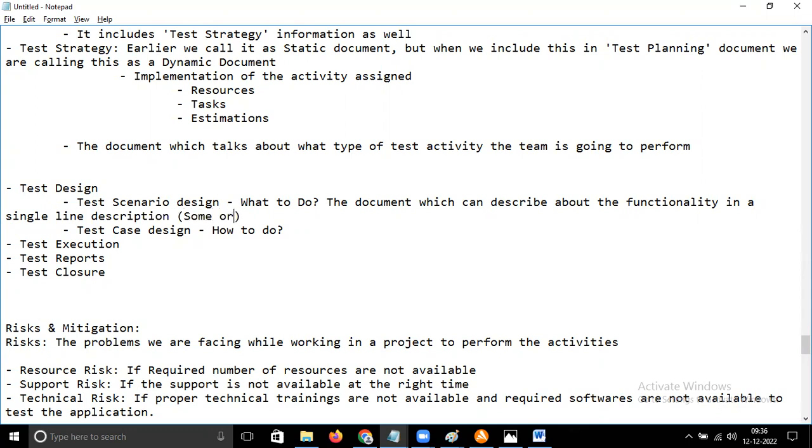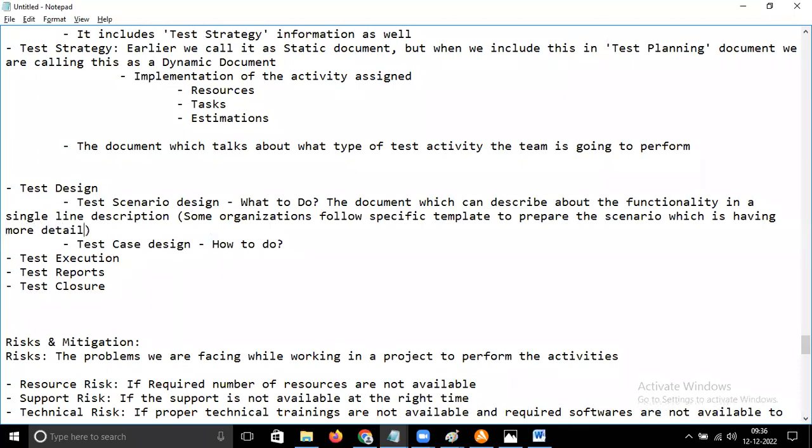Some organizations follow a specific template to prepare the scenario, which has more details. So some organizations are going to follow some Word document or Excel document to prepare the test scenario